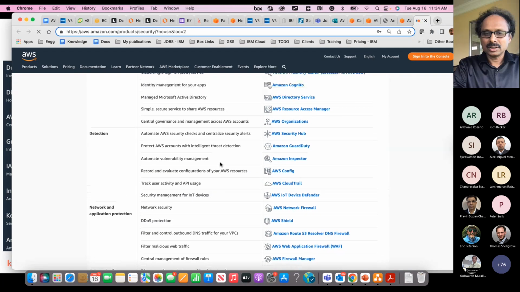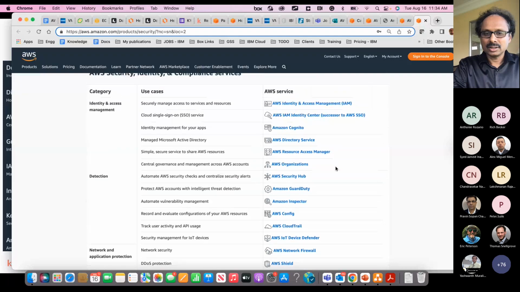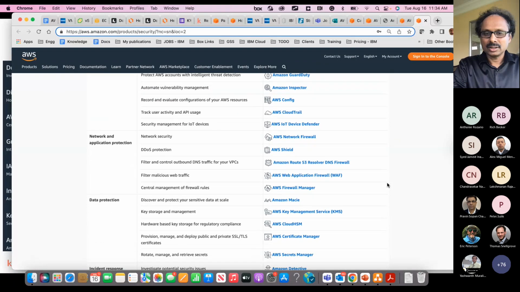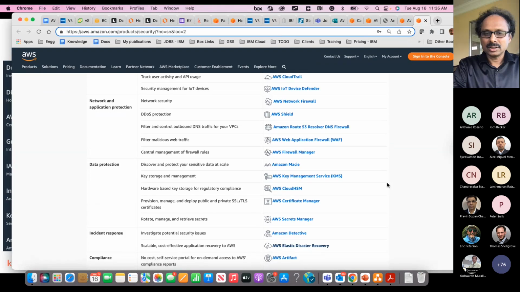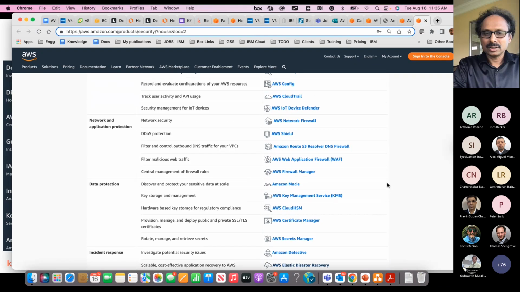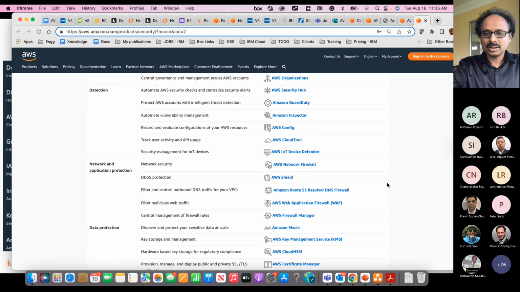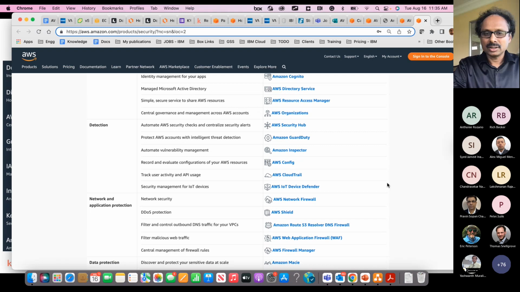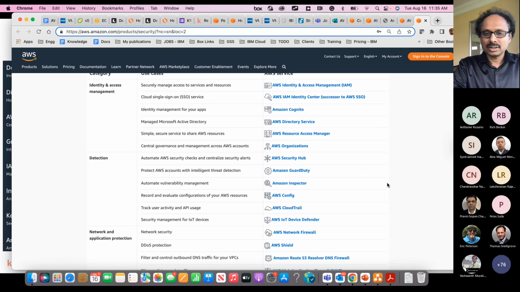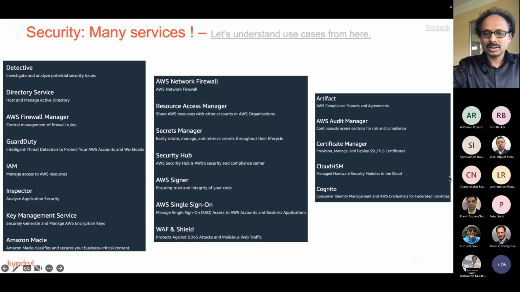Get a good understanding of the services they have on-prem and what the compliance requirements are, and select the AWS security services that suit the customer's needs, especially when they migrate to AWS. Here is a brief description of all the security services available in AWS. There are plenty of labs available in Qwik Labs, so you can go through the AWS services in Qwik Labs and get a good understanding of all these services. Here is a highlight of all the services available.